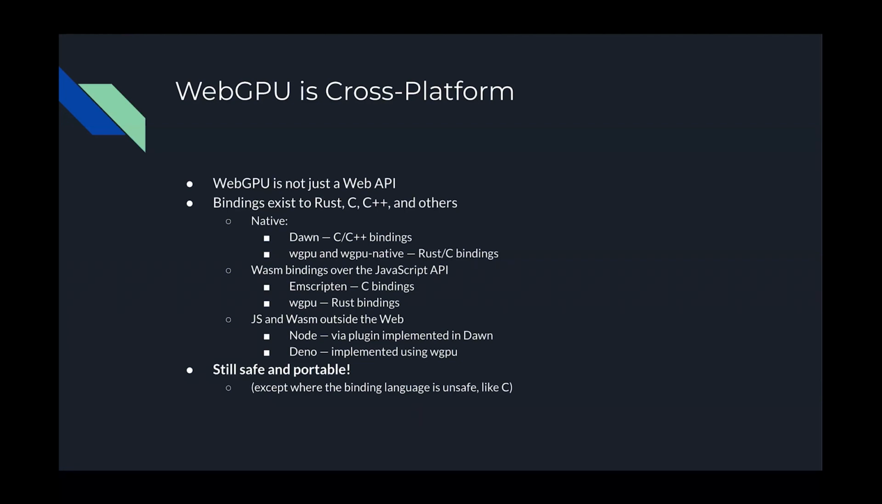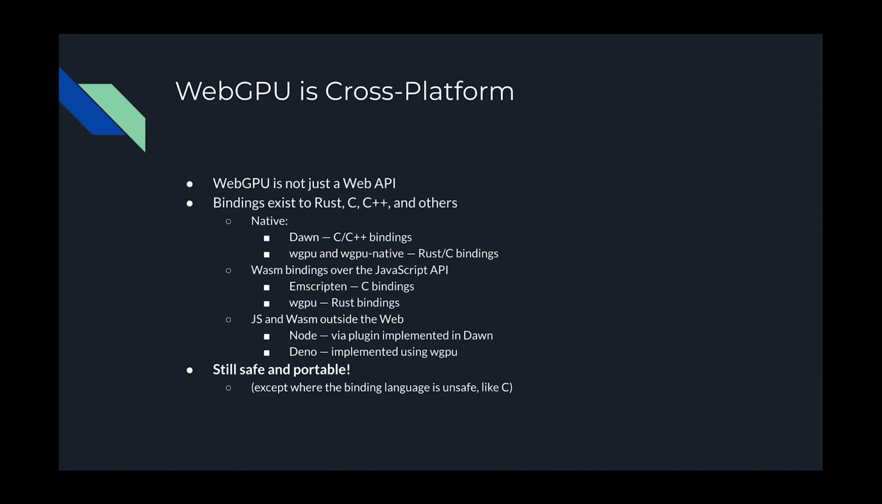There's also WebAssembly bindings over the JavaScript API. So Emscripten and WGPU both implement targets that you can use WebGPU in WebAssembly. And of course, JavaScript and WebAssembly outside the web. So Dawn has a plugin for Node that implements WebGPU, the JavaScript API, that can again be used through Emscripten. And Deno implements, I don't know exactly what the implementation status of this is, but Deno implements WebGPU using WGPU as well. And I'll note that